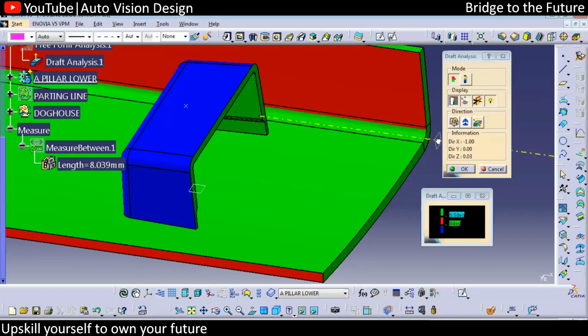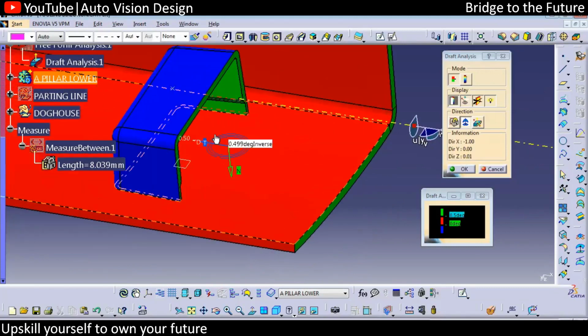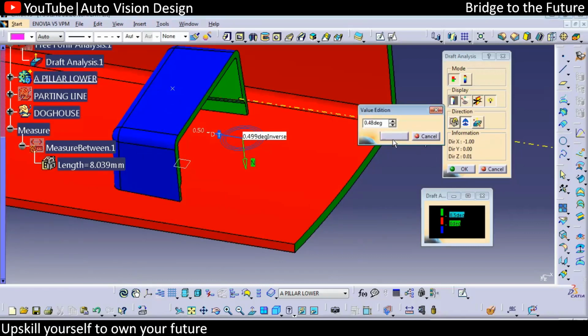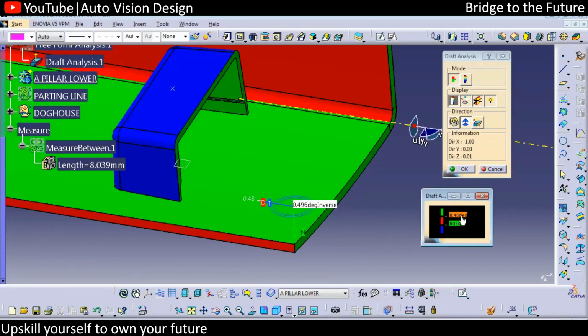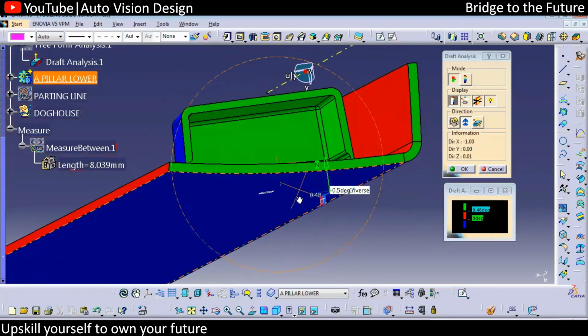Can double check, select this, make sure over here we're going to have 0.5. Okay, so once you check for that, 0.48, okay, it's going to be up. And why we are required to go for 0.48, that we already discussed. So this is how we require this particular lifter.